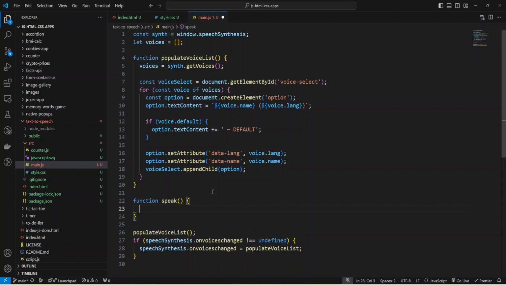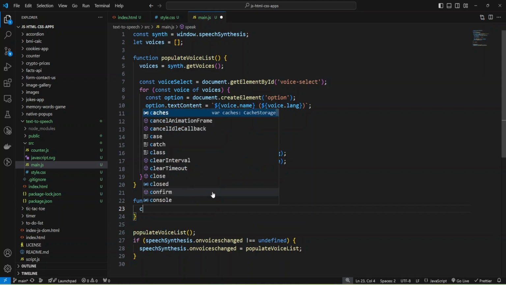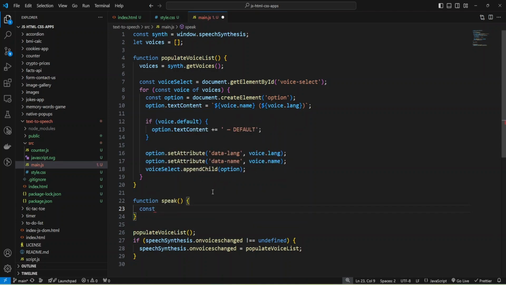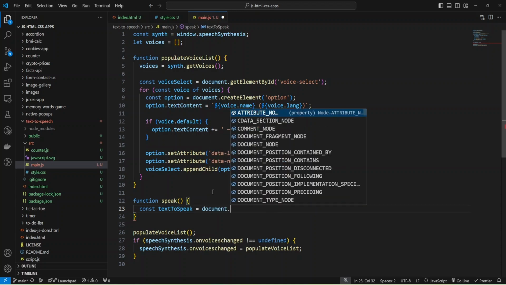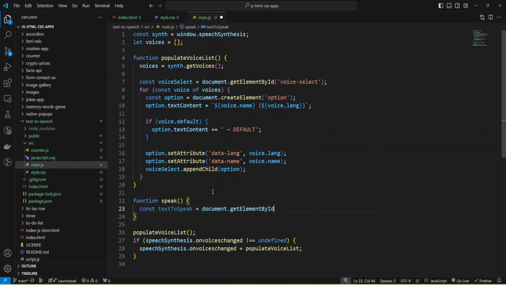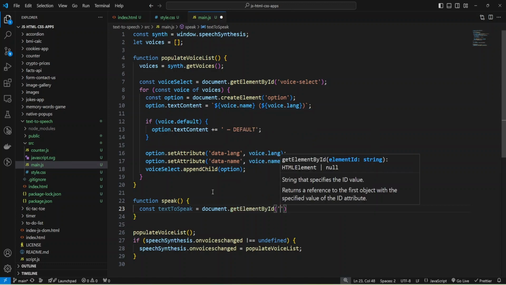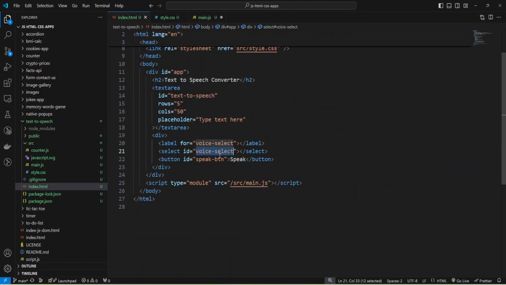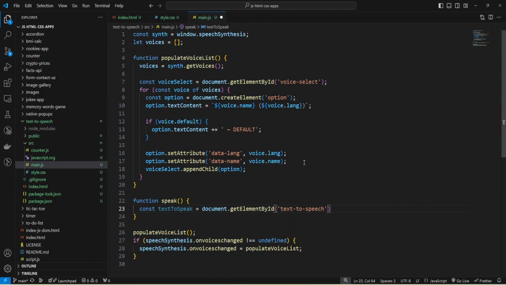And inside the function, I'm going to get my text to speak value, and actually it will be the value from the text area. I'm going to use document.getElementById and provide the ID of my text area, and I will get the value.